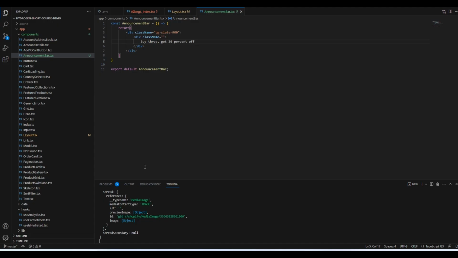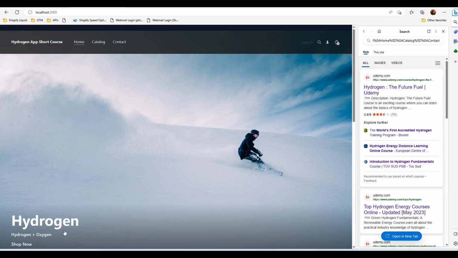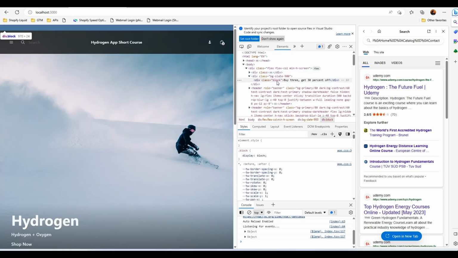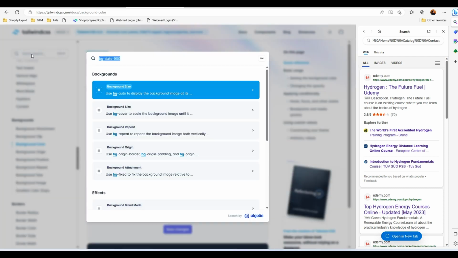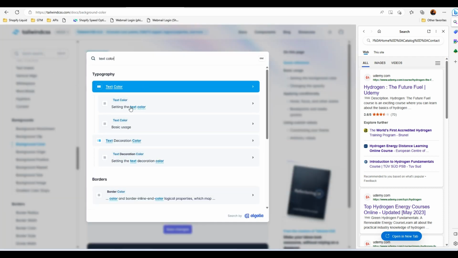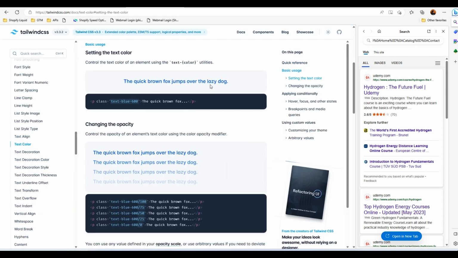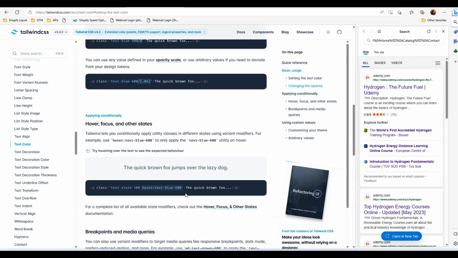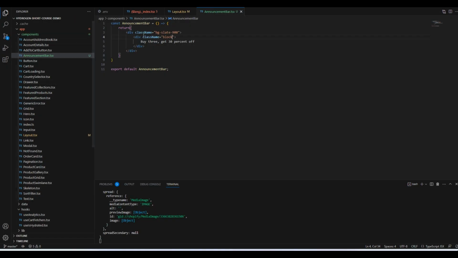Okay, why is it not reflected? It seems that, let's see, black, save. Hmm. Okay, inspect, it might be the color of my font. Yeah, exactly. So now you can also familiarize yourself with Tailwind. We're gonna say text color and open it up. Then here I want a white color because my background is dark. So the class name will be text